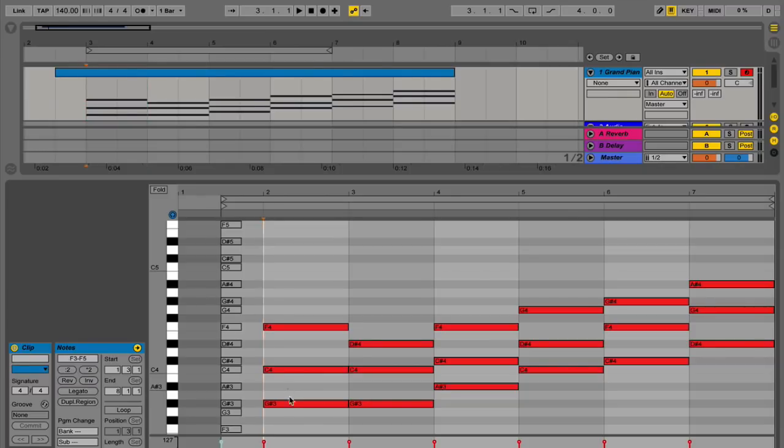We can invert it again to get the second inversion. If I select the bottom note now, the G sharp 3, and press Shift and up, we now have an F minor chord, which is played in the second inversion. Didn't sound as good as the first inversion. I could try selecting this and move it down an octave, or I could select this and move it down an octave. So this is how you create inversions, but what can make your music sound a lot better,